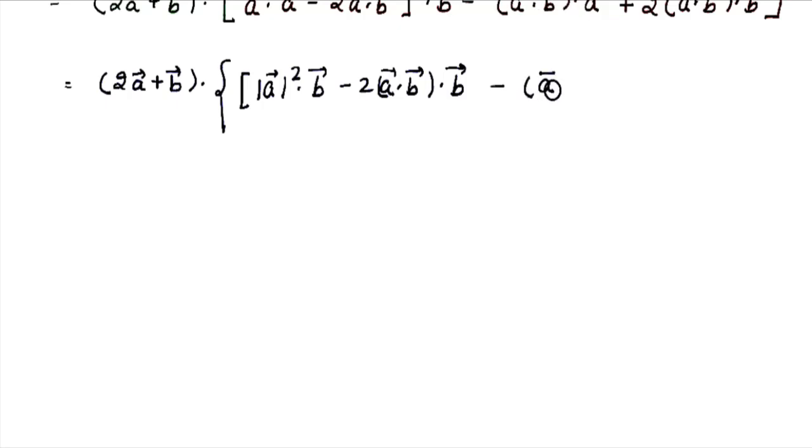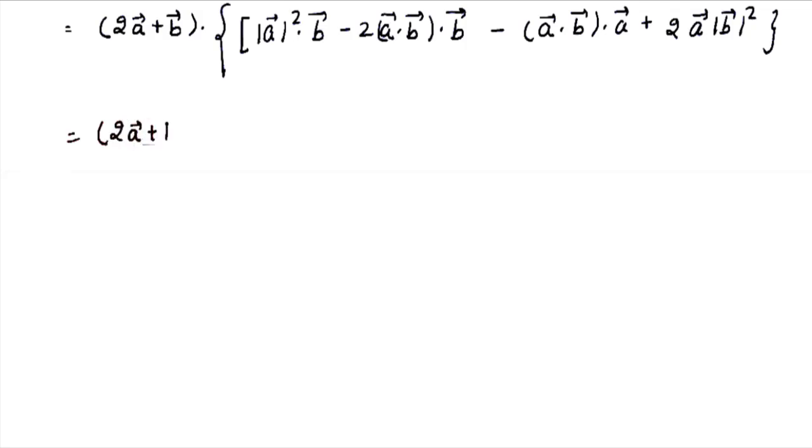Here we have to get A vector dot B vector dot A vector. Now from here we have to get this value. We can write here B vector dot B vector. This B vector dot B vector is equal to magnitude B vector square. Now from here we have to solve this value, 2A